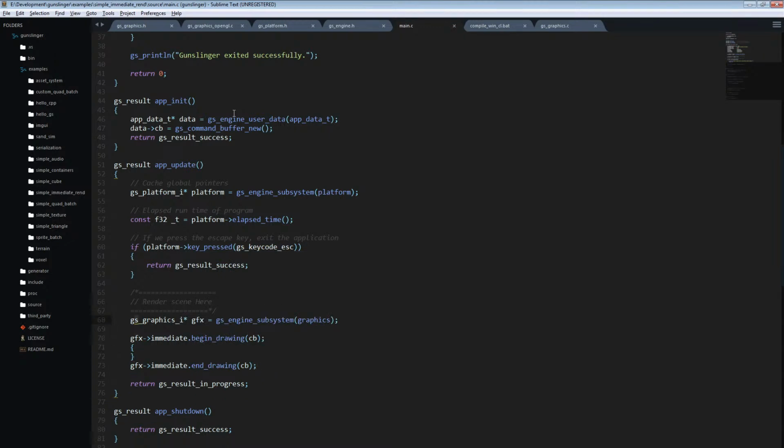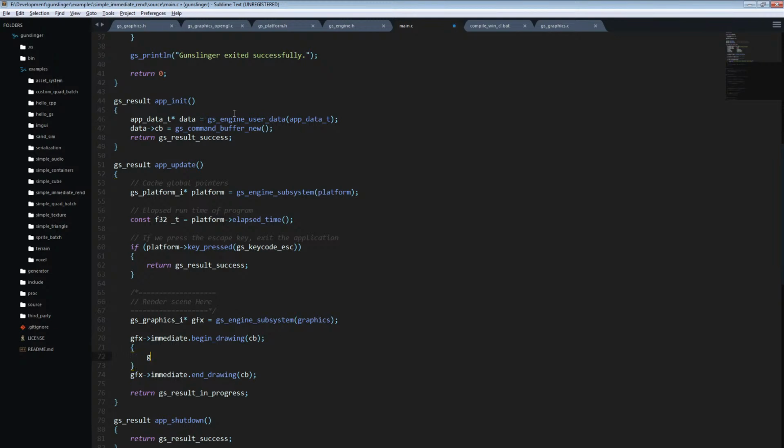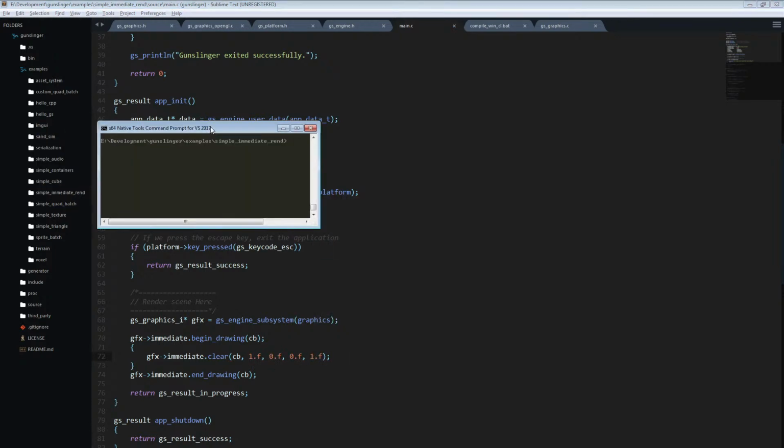Okay, and then everything that you want to do inside of an immediate mode, you'll wrap inside of this begin and end drawing function. And in the background, what this does is that this begin drawing sets a command to clear all the previous state that you would have had in between, and this end drawing is the final submit for all of our text data. Okay. And what we can do now is, let's just clear our screen, and we'll just set it to a red color. So now when we come through and build,